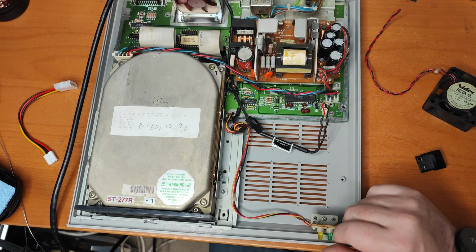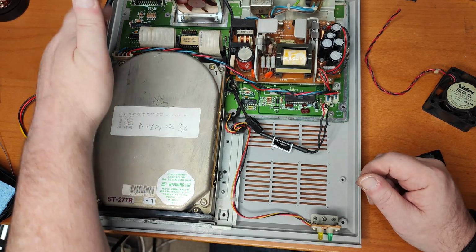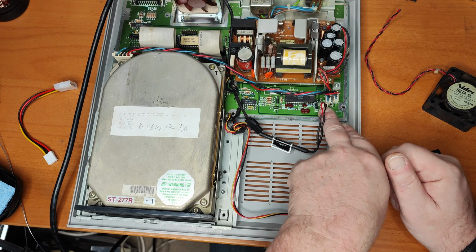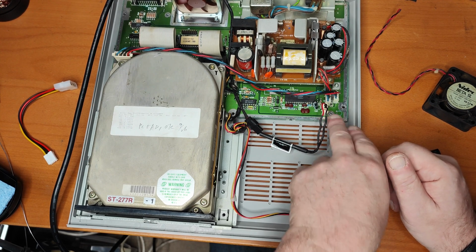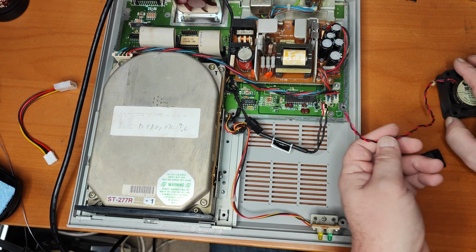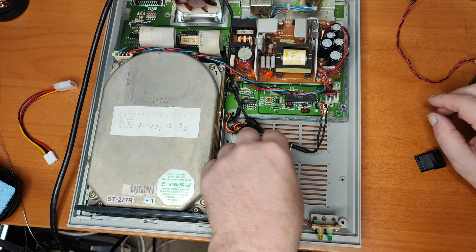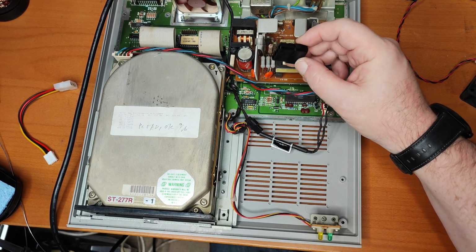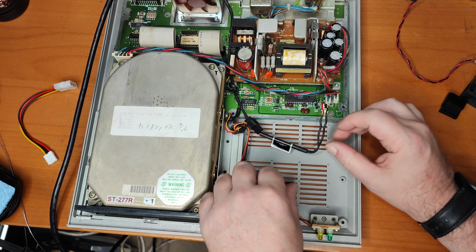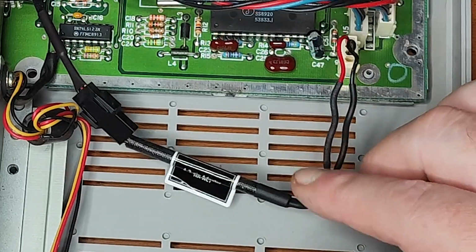So I wasn't particularly happy with how that was starting to look with the Molexes and everything. It was going to be too high there anyway, so I'd need to get an extension, and I didn't have the exact connector there either. So I thought I'll reuse the original one, which I have done. I've done it off camera because I didn't think it would be particularly interesting. I've just taken the original connector off the Noctua fan, just chopped it off, avoided the Molex altogether, and then I've just joined them together and shrink-wrapped them. So nothing exciting there,